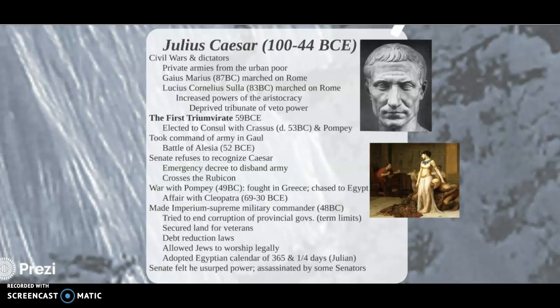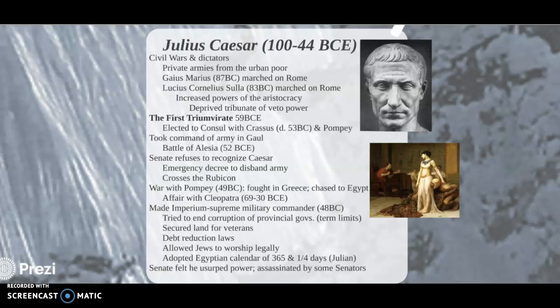And so in around 60 BC, Caesar will form the first triumvirate with Crassus and Pompey. And these other two also have private armies, and so they're very powerful figures in Rome. And there's quite the tension with the Senate and these three figures. Well, eventually, Caesar himself will go and fight the Gallic Wars, basically modern day France and a little bit of Germany. He'll go there and fight.